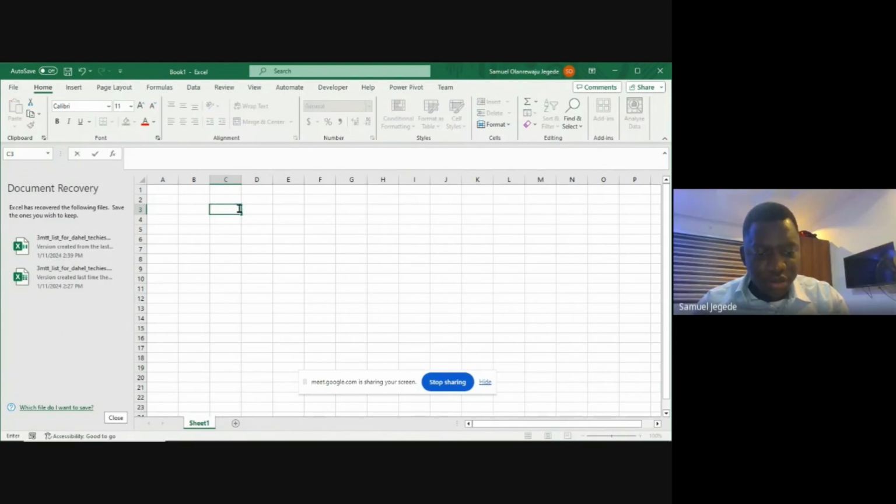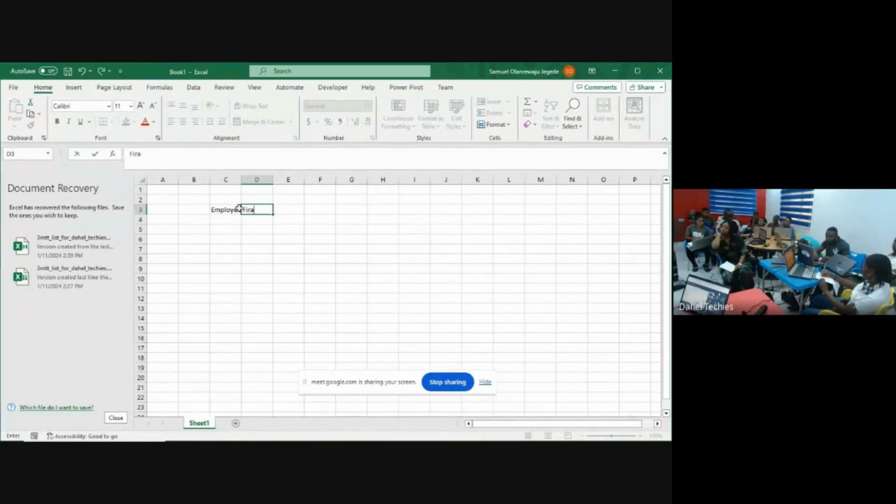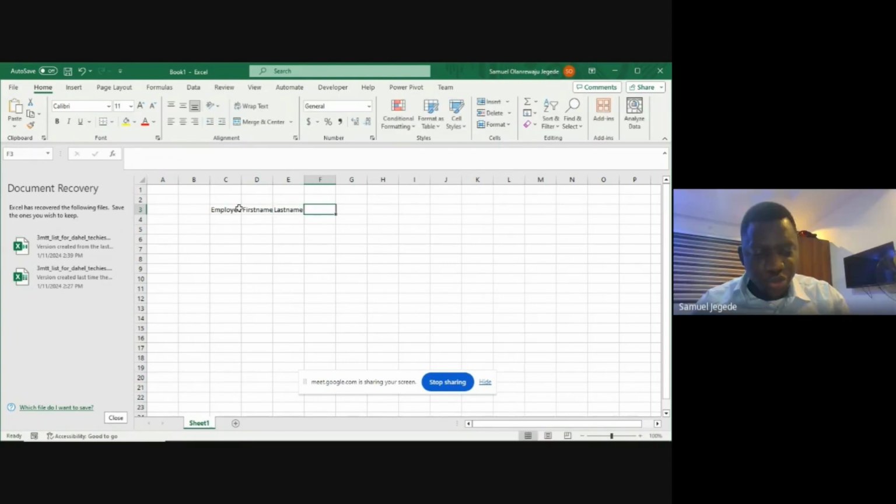Let's say employee: ID, first name, last name, DOB. Here I have the salary table.